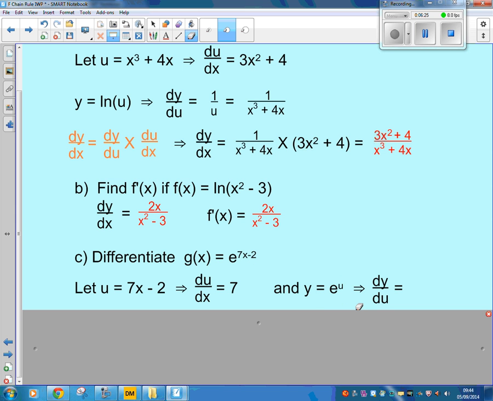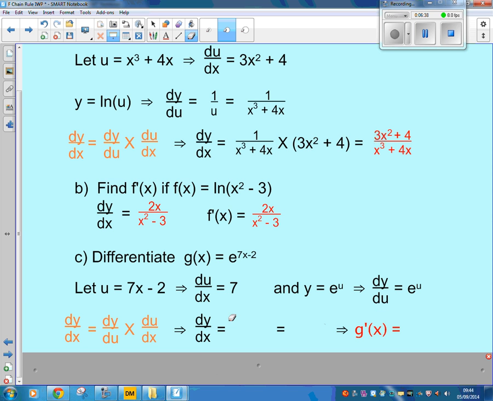e to the power of u, and just as if you differentiate e to the power of x with respect to x, it stays the same. If you differentiate e to the power of u with respect to u, it stays the same. So, apply the chain rule. dy/dx is dy/du, e to the power of u, multiplied by du/dx, multiplied by 7. So you get 7 e to the power of u, which is 7 e to the power of 7x